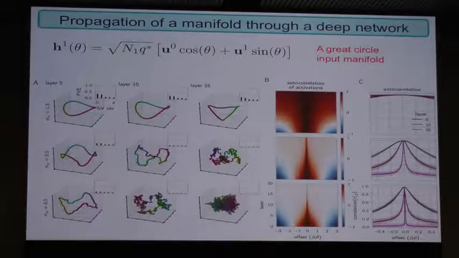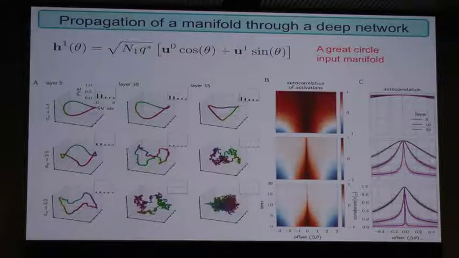Great. So here are simulations of what goes on. This is small weights, intermediate weights, and here sigma w is larger. So this is the ordered regime where you get correlation. This is the disordered regime where you get decorrelation. And the principal components visualization of the circle shows intuitively that in the chaotic regime, the circle is getting more and more ruffled. Whereas in the ordered regime, it largely remains a circle because you're not really exploring the nonlinearities, since your weights are small. You can see the same thing in terms of autocorrelations. The autocorrelations become narrower and narrower as you propagate through depth.